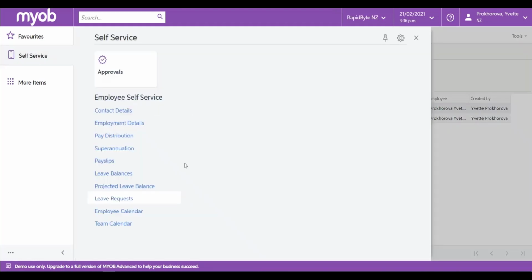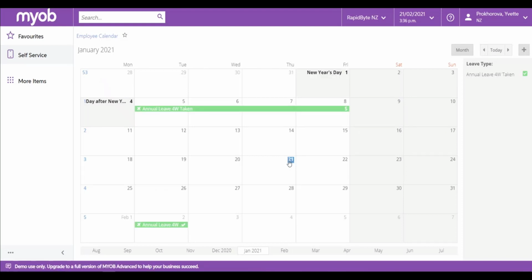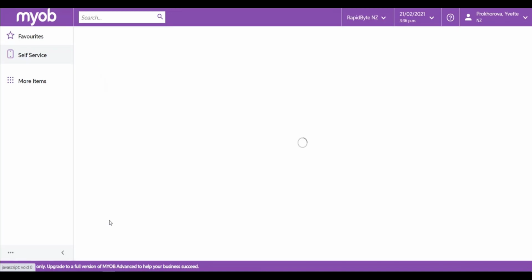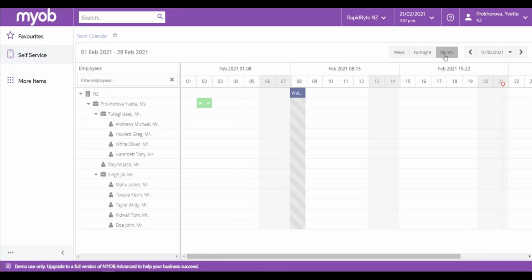An employee can also view a calendar and team calendar. The employee calendar gives the employee a view of when they have taken leave over a period of time. If I scroll back to January, I can see that I took some time off after New Year's. I can also see when public holidays fall within the system. Looking at a team calendar, it allows me to see the other people within my team and what leave they